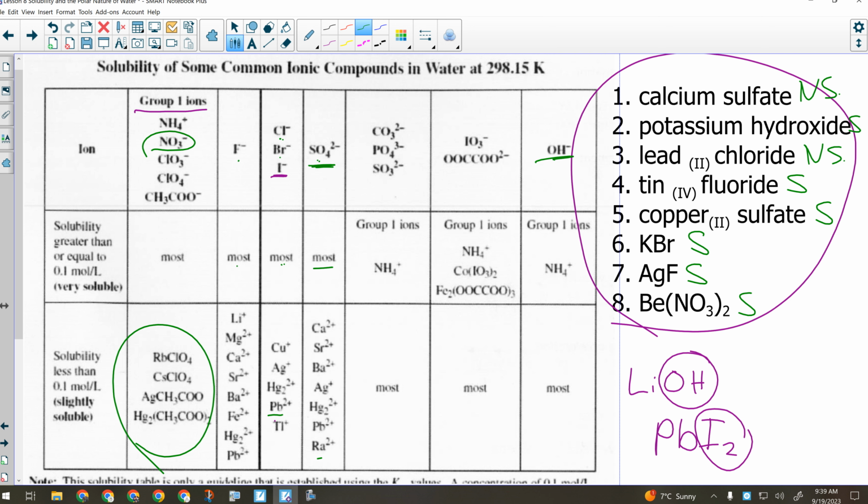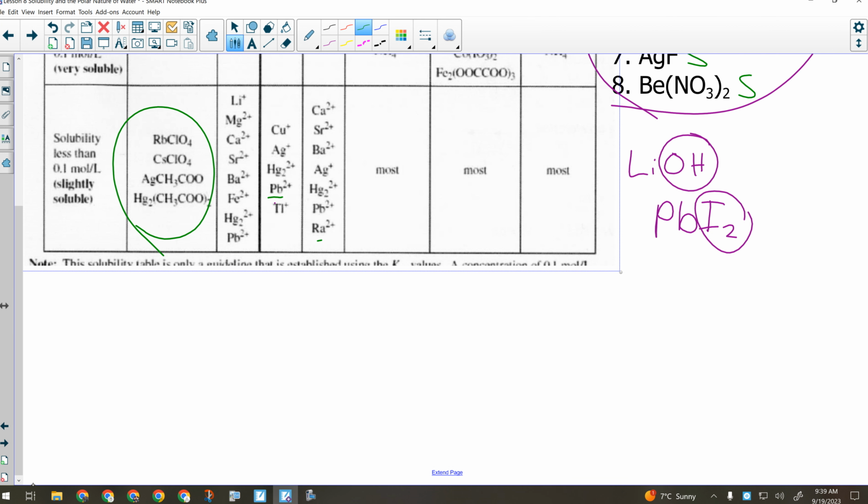Okay, so here's how this is going to most commonly play out for you. When we get into reactions and we start predicting the products of reactions, which, fear not, is still like a week away, you're going to be asked sometimes to tell me whether any or all of the products are soluble. Okay, so if I had a reaction, let's say like this,